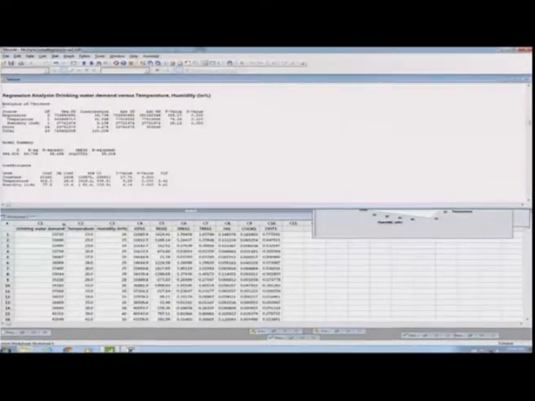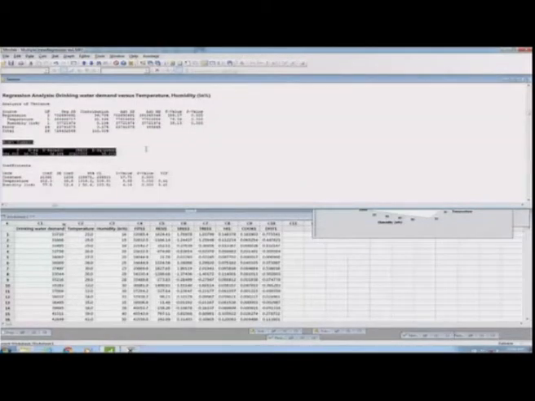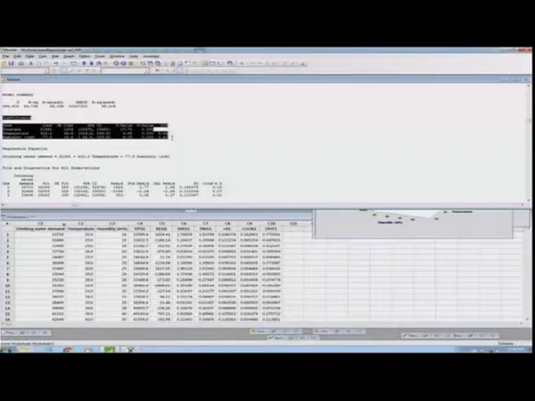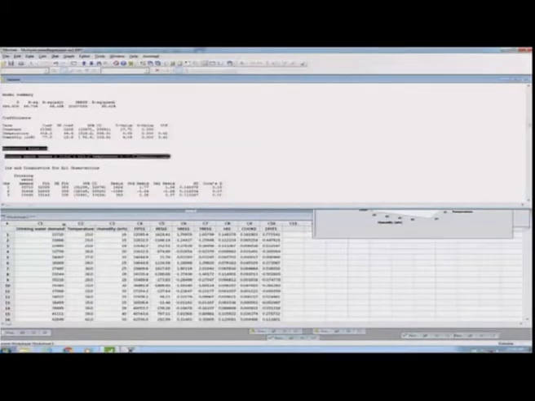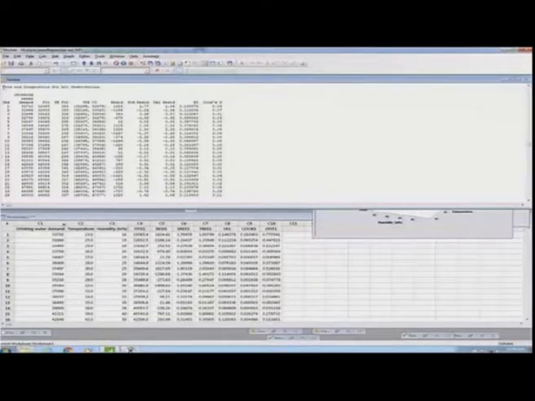Here we have analysis of variance results, and here we have the details about the model summary, which consists of R square, R square adjusted, and R square prediction. And similarly here we are getting the value of the regression coefficient, their confidence interval, variance inflation factor, and values for the t statistics. And here we are getting the fitted regression equation, and here there are different values of